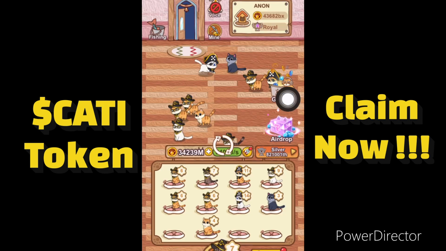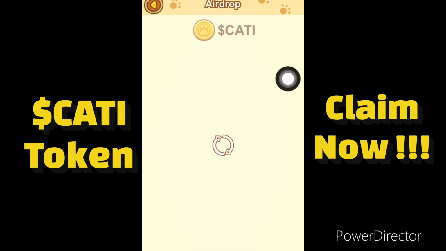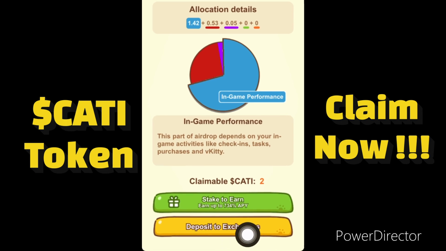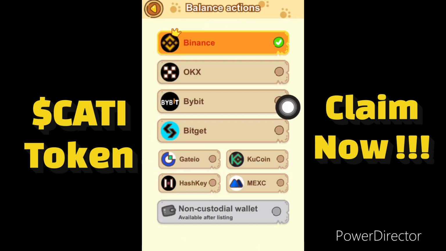Okay, yeah, so let me show you guys how you can withdraw your tokens. If you get a lot of tokens over here, you can watch this video to learn how to withdraw your tokens to your Binance account or your Bybit account. So first we have to click on this deposit to exchanges. Okay, so we will click on deposit to exchanges, and at this section we will see Binance, OKX, Bybit, and other exchanges. Okay, so first let me show you guys how you can withdraw to your Binance. Okay, and this is already ticked on the Binance, so we click on the continue,